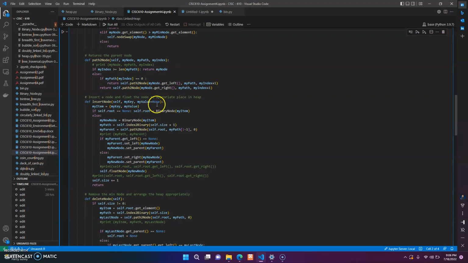If no value is given, then it is by default set to none. We leverage the binary node which we imported to create a node. If the heap is empty, that is determined if the self.root is equal to none, then we set the root as the binary node. Else we create a node and